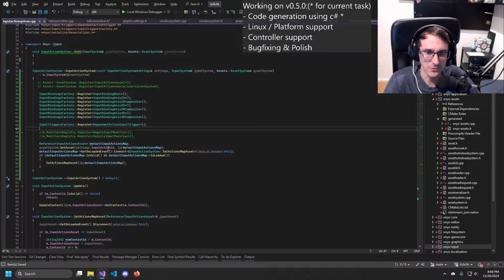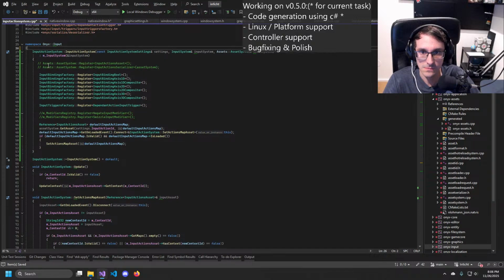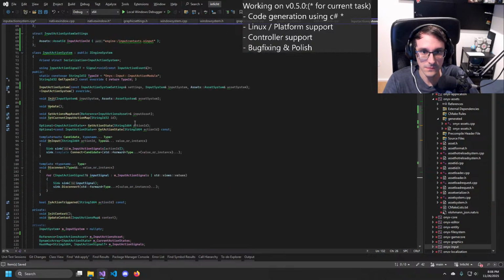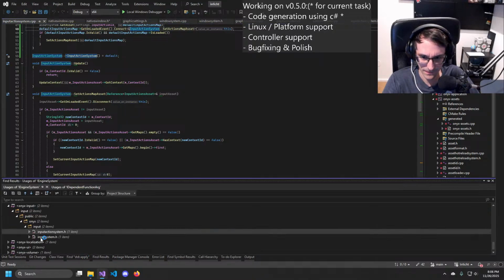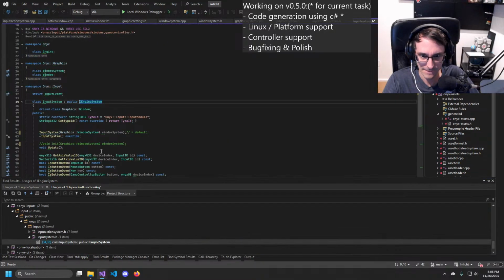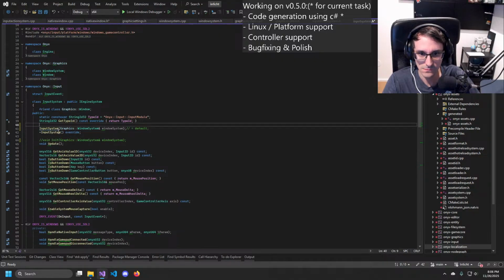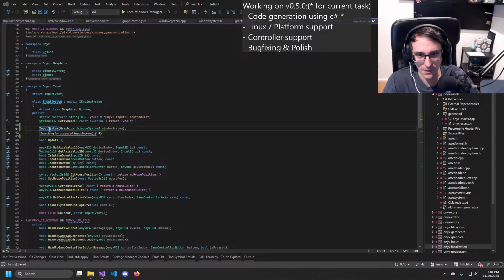Those I can get rid of. Okay. So far so good. It needs the Windows system, yeah. Doesn't need anything.